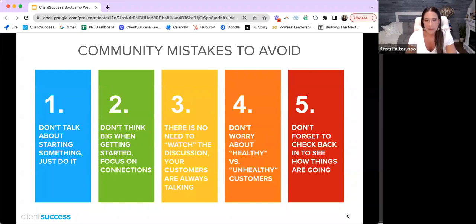The next thing, number 4, is don't worry about healthy versus unhealthy customers. Again, kind of leading off of point 3, where no need to watch the discussion. This also talks about like, oh gosh, I don't want my unhealthy customers talking to my healthy customers. And this is where I said, but what if your healthy customers talk to your unhealthy customers, right? What if your customers who are getting a ton of value from the partnership today went and told all of your customers who aren't using the product as designed, as intended, and they had a new way of thinking about it, just something they hadn't thought of before, something that really clicked for them, or because they have similar use cases, are able to solve and solution each other's problems.